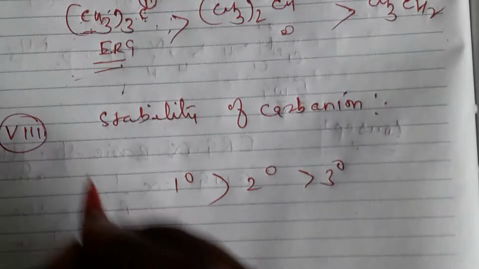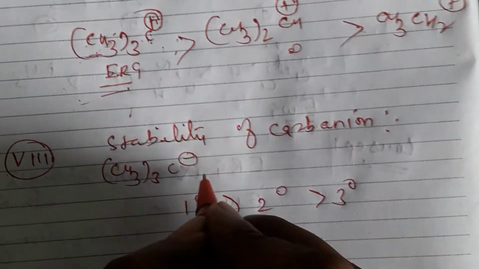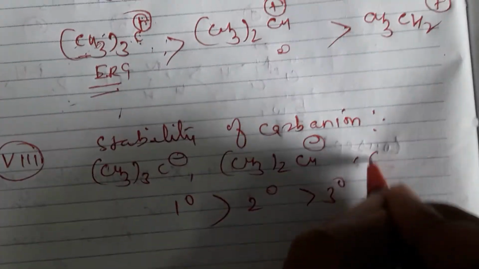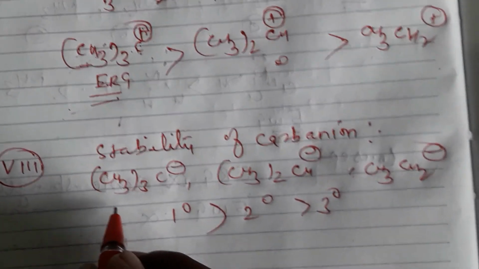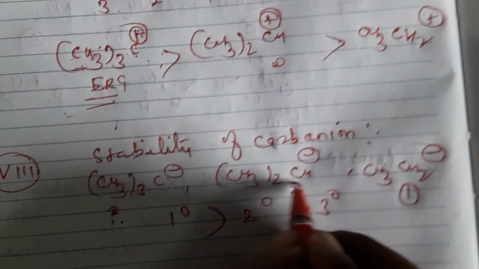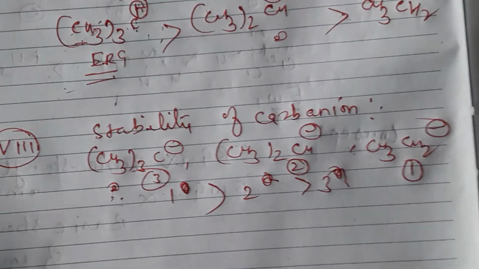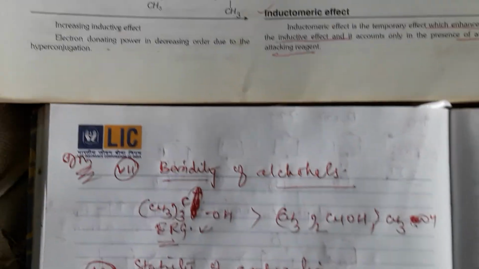I have also mentioned the molecules like (CH3)2CH-, CH3CH2-. The order is first, second, then third. So this is the stability of carbanion. It is all about that, so today I have